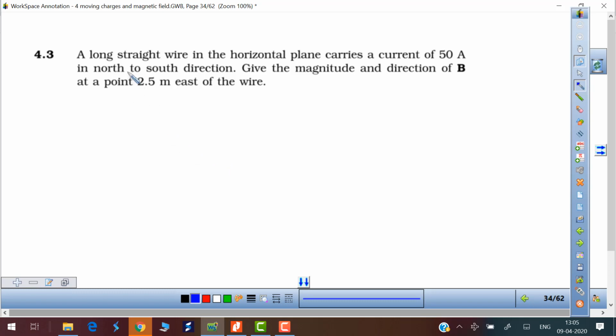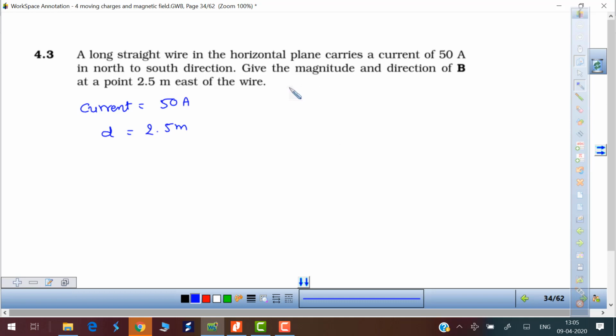Now next one, a long straight wire in the horizontal plane carries a current 50 ampere. So current is equal to 50 ampere in north to south direction. Give the magnitude and direction of B at a point 2.5 meter east of the wire. So you are finding magnetic field at distance 2.5 meter. Now